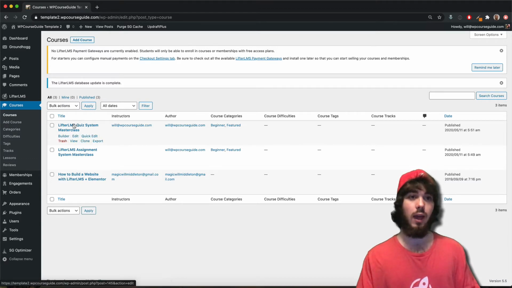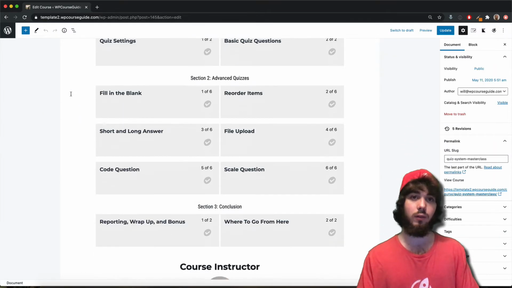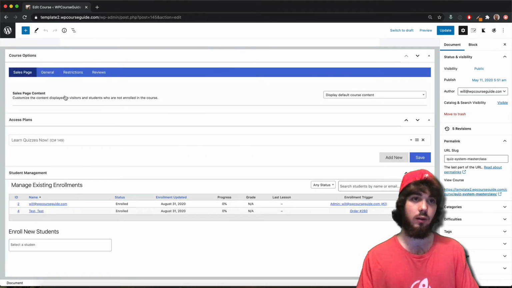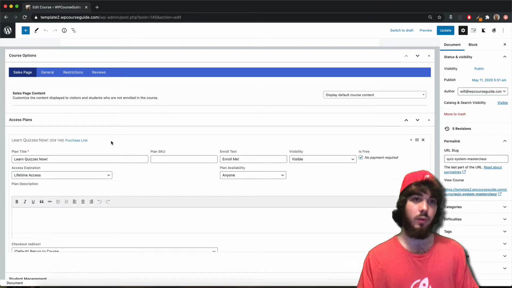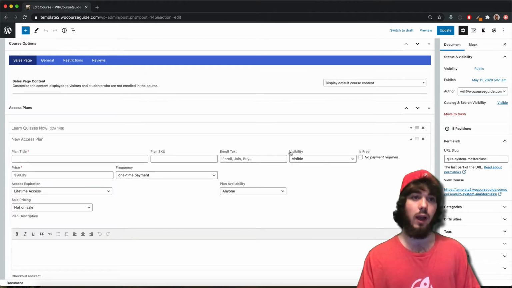So if you head in to edit any of your courses in LifterLMS under Courses, here on the sidebar, I'm just going to the main edit screen on my course, and if I scroll down here to my access plan, if I click on the drop down right here on any of my access plans, and of course if you don't have an access plan, that's the terms for enrolling in your course. You can add a new one right here,